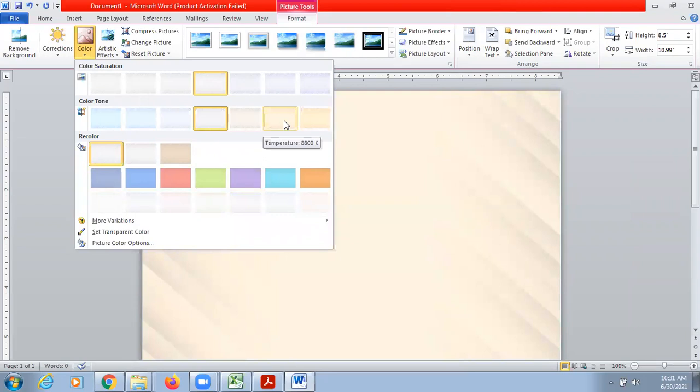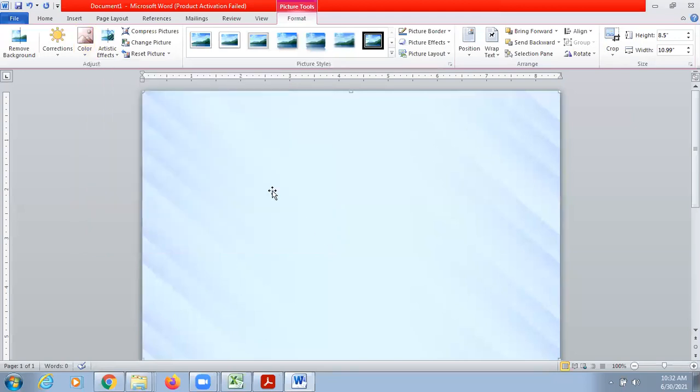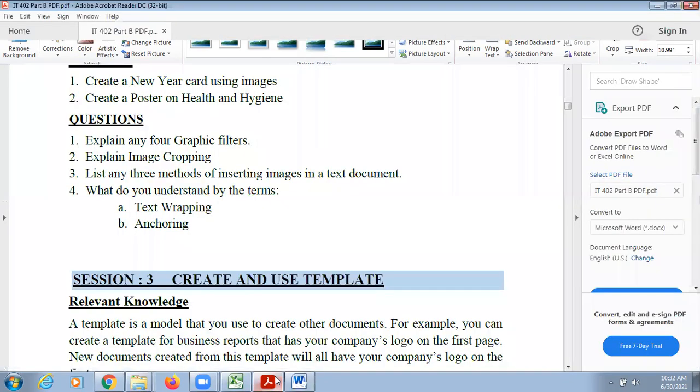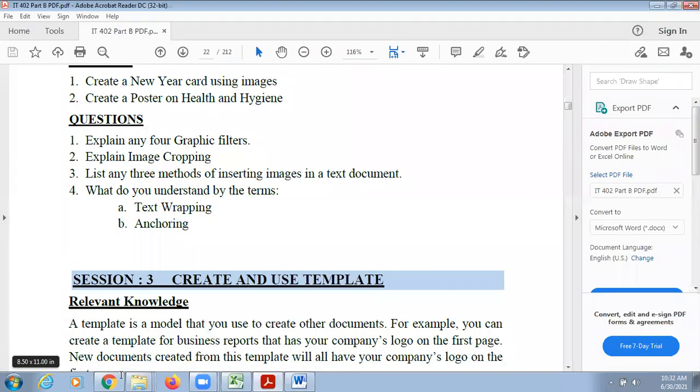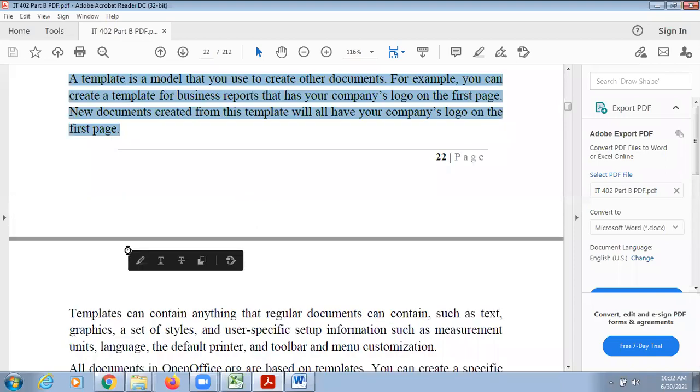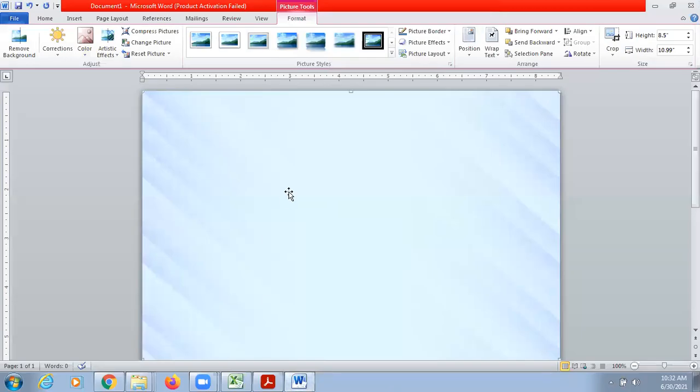Suppose I wanted to choose the bluish tone. Okay, let's say this one. Now we have to add one more picture, and I wanted to write some text here. So I'm going to copy and paste any text. Copy it, paste it. But you cannot now, because we have inserted a background image which is covering our whole portion